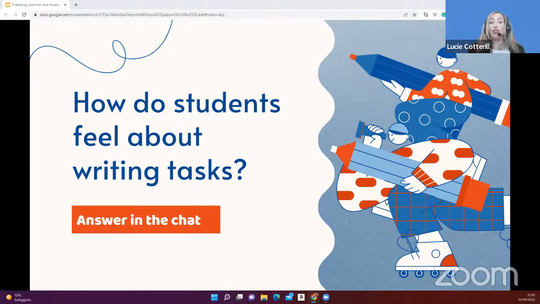Renal, yeah, it depends on the topic. That is a very good point. And we'll be looking at the importance of choosing the correct topic later on in the session. So any other thoughts on how your students feel? Your students struggle, yeah. The audience not clear or connected, the purpose can feel inauthentic. Yes, absolutely. This is a real thing. That inauthenticity, it reduces their motivation to write, doesn't it? Yeah, we're just doing it for the sake of writing, for practice.